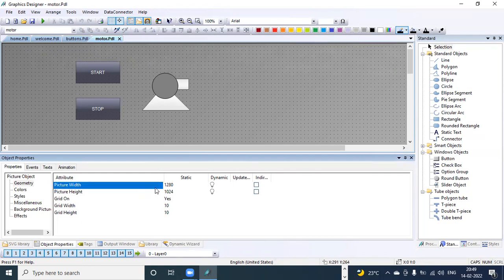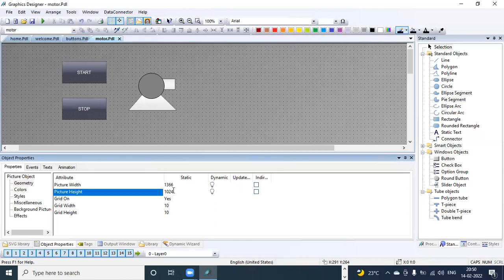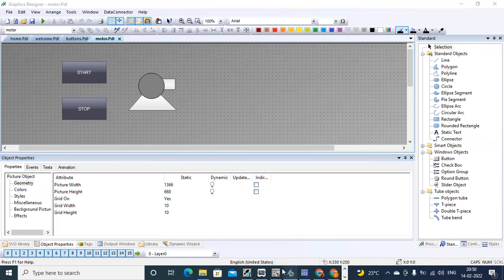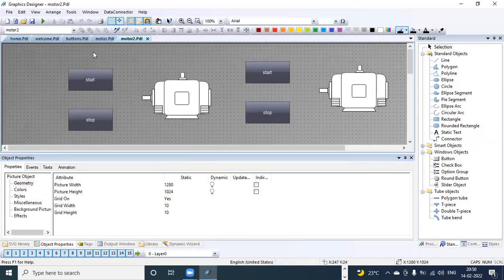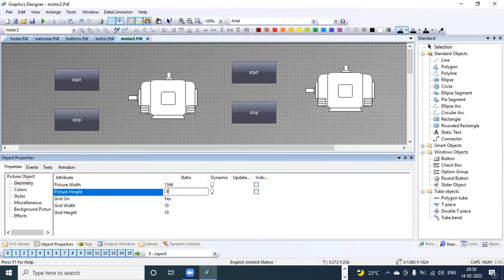Picture width and height 1366 by 668. Save. Similarly for the second window, geometry 1366 by 668. Save.